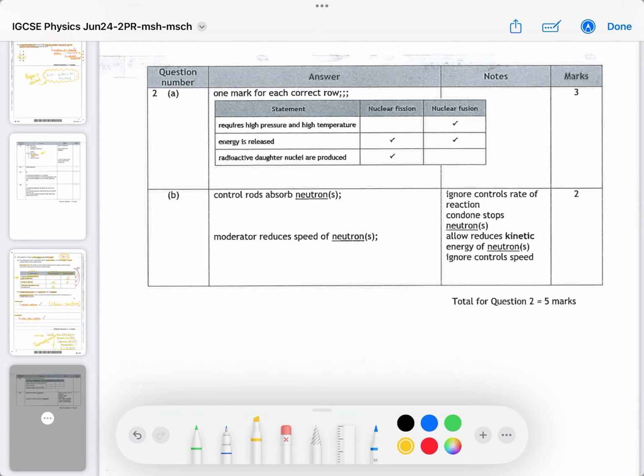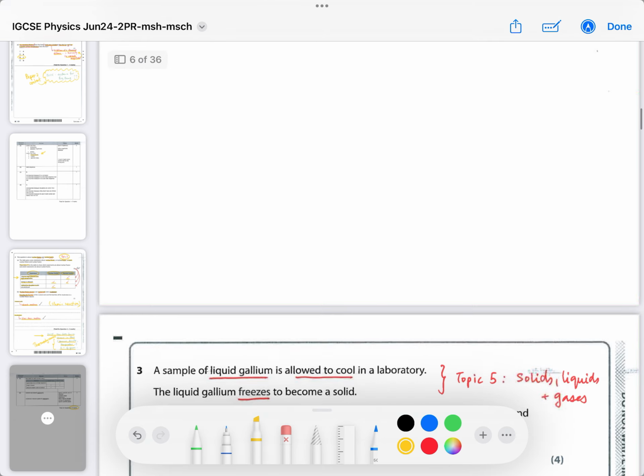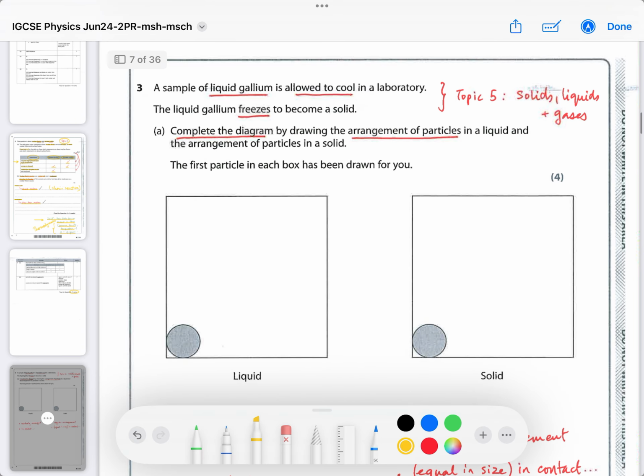And plasma is an excited form of a gas. So these are the marks that they will give you for the question we just went through, 5 marks for question 2. Okay, you can see paper 2 is not necessarily more complicated, but there are certain things that they don't ask in paper 1 because double science students haven't